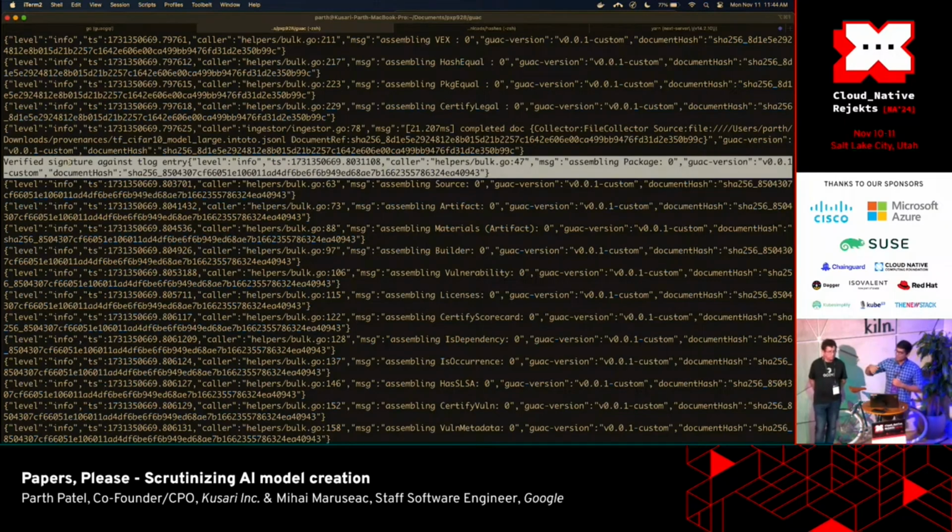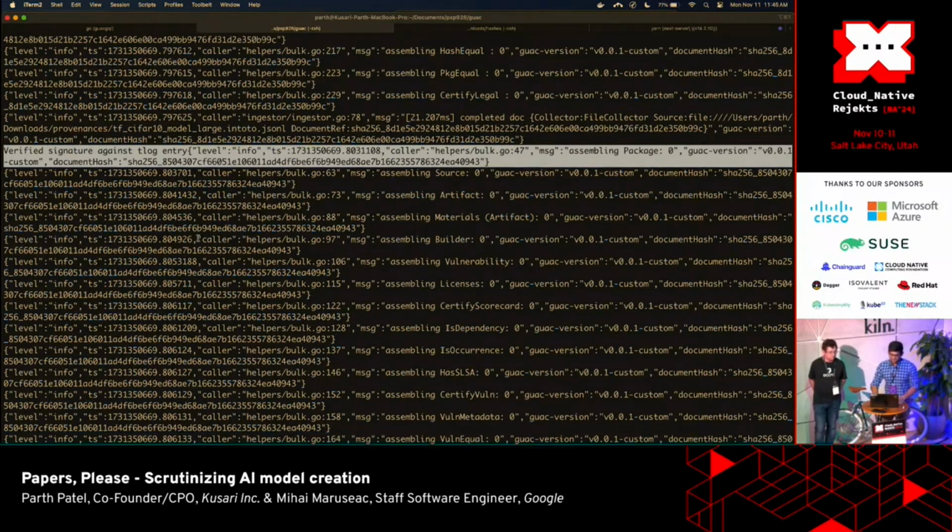All the data sets and all the SLSA attestations are signed. So as they're coming in, we know they haven't been tampered with, and that the information we collected was accurate from the source. Each of these documents was signed, and as they were ingested into GUAC, we're verifying that they are what they say they are and haven't been tampered with.